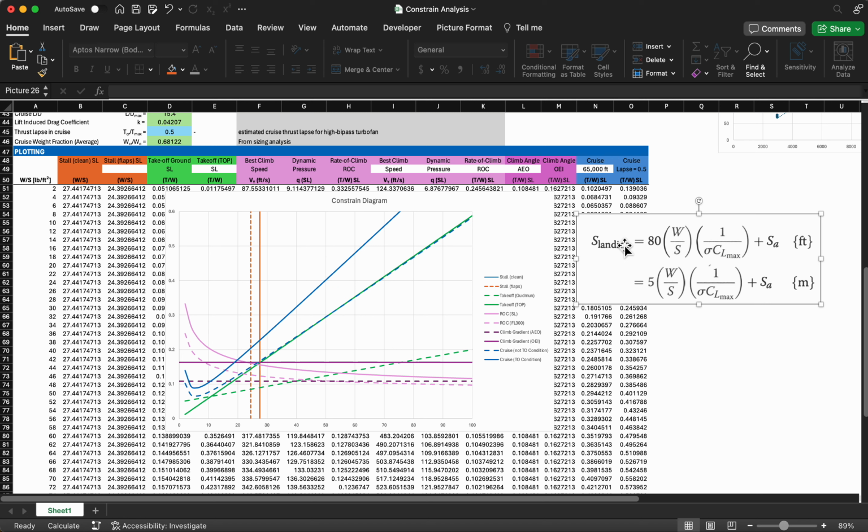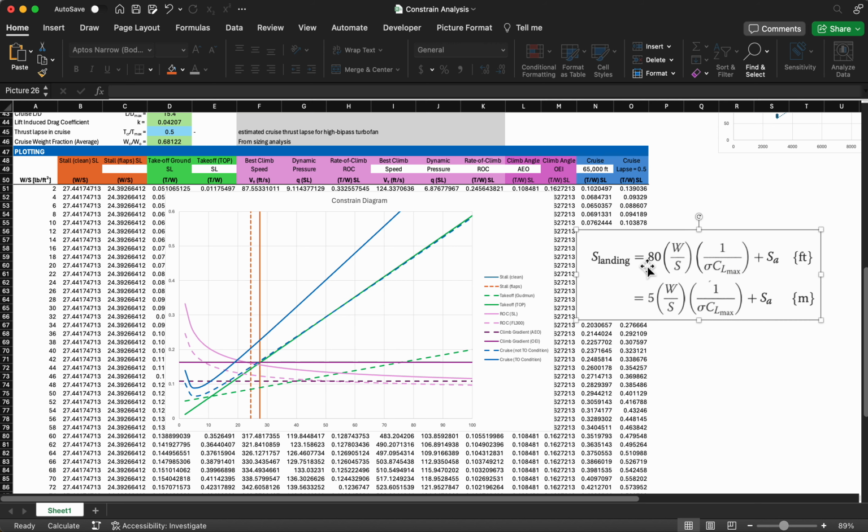So if the requirement that we have has the safety margin built in, then we have to design to a more stringent landing distance. We're going to take the requirement that we have, divide by 1.67, and that will be our actual landing distance. And then we just rearrange this equation to solve for our wing loading, and that would give us our wing loading required for